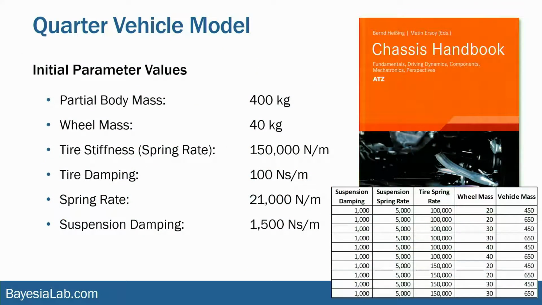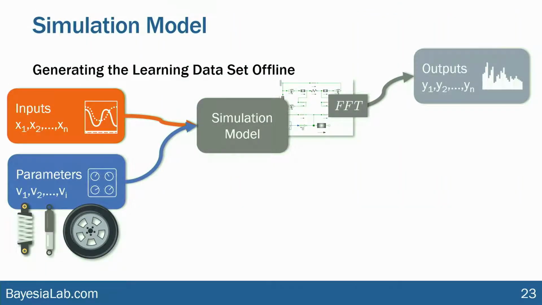So anyway, for our initial simulation, we will start with textbook parameters found in one of the most well-known handbooks in literature on chassis engineering. I'll just use those as starting points, and then we will modify them. So more specifically, what we will do is simulate 288 different parameter combinations,